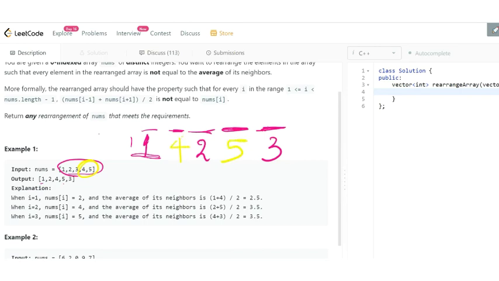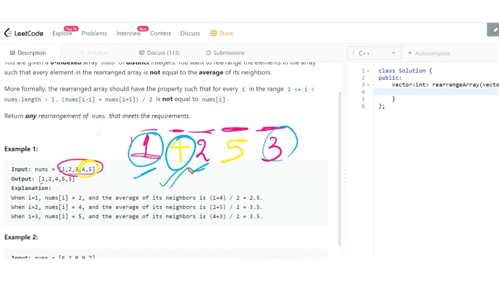Now see, here 1 is the corner element, so there is no chance that it will be equal to the average of its neighbors because it does not have a left neighbor, it only has the right neighbor. So we have nothing to do with 1 and 3. Now see 4. Both of the elements are less than 4, so in any case their average is not going to be equal to 4.